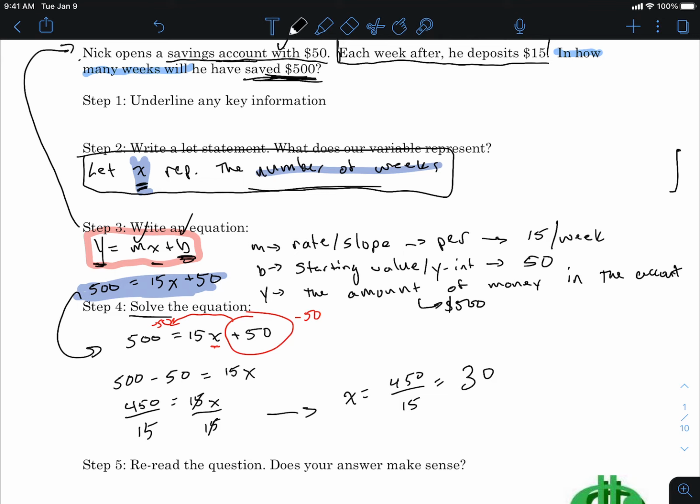One sec, I'm working on it. Okay, well there's your answer. Make sure you get it right. Okay, so then after you guys get that, it's 30 weeks. So then you can write, therefore, it would take